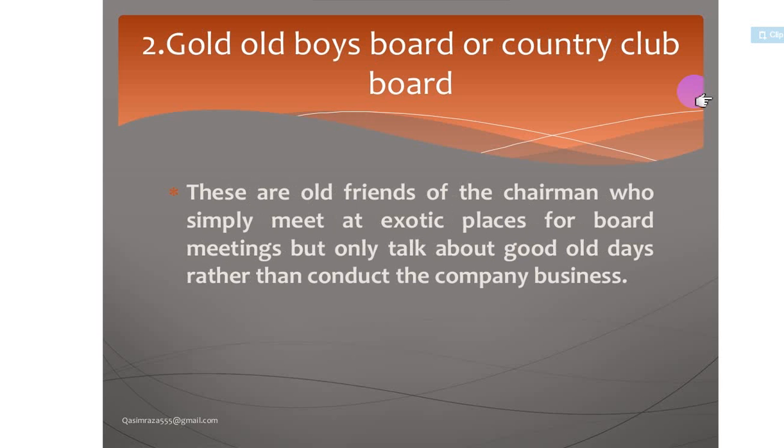Now, the golf boys board or country club board. These are the old friends of a chairman who simply meet at an exotic place for a board meeting, but only talk about the good old days rather than conduct the company business. As the word is clear, when the chairman and the board of directors meet after a long time and sit at a table, rather than talk